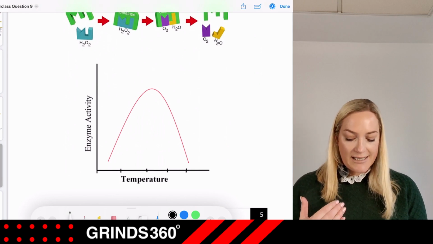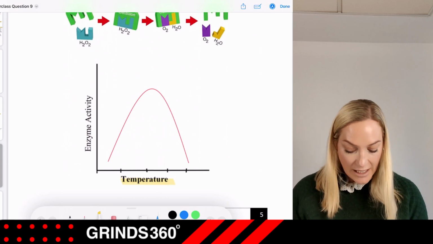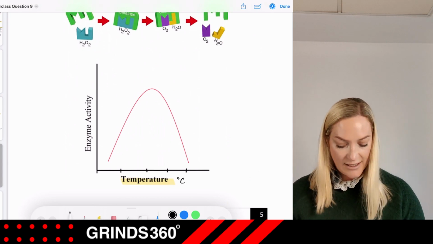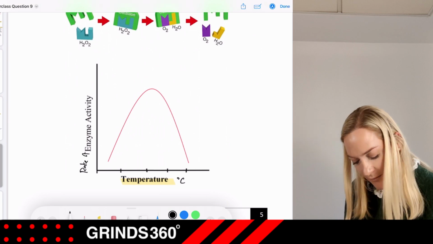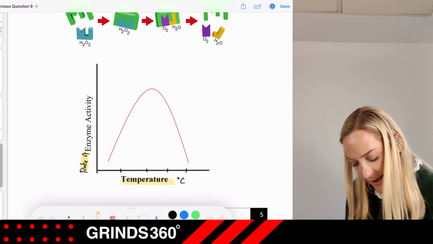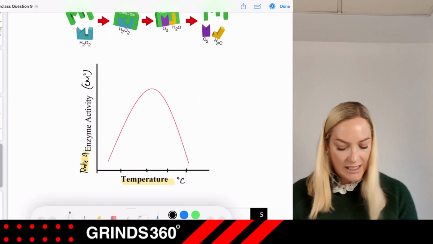Again, your x-axis is temperature, and you could say degrees Celsius, and on the y-axis I'm going to write rate of enzyme activity. I'm liking the word rate. I could put in my unit. So these together,